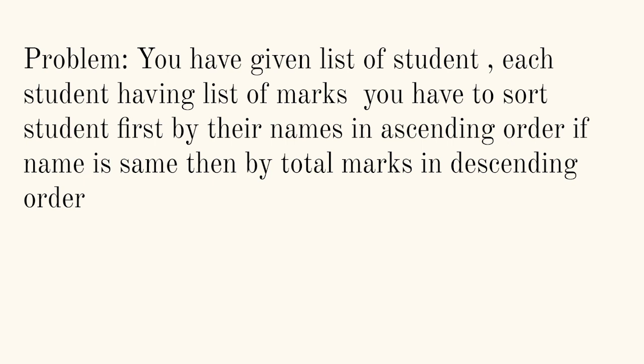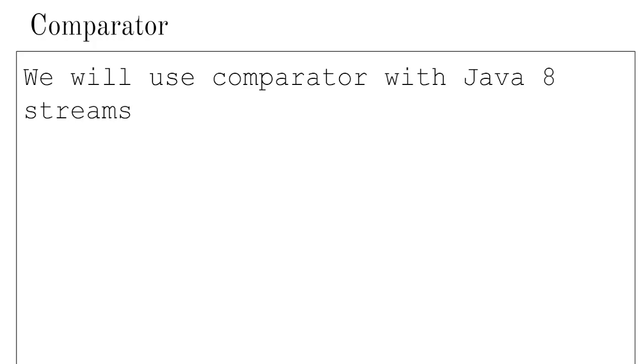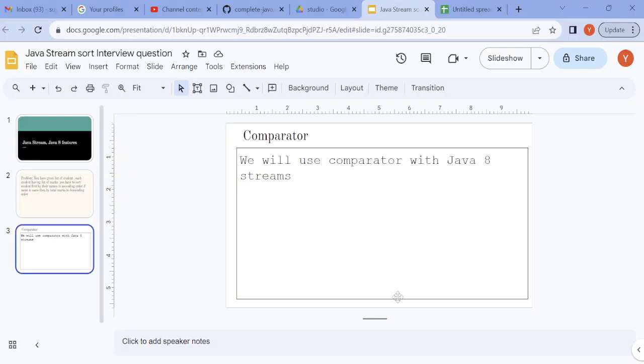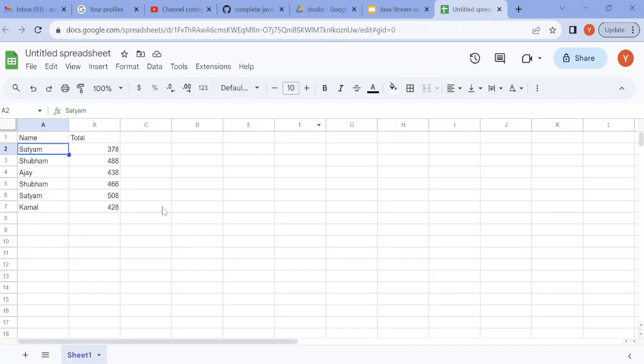You will be asked. बहुत कॉमन है sorting related प्रॉब्लम इंटरव्यू में। बहुत इंटरव्यू पूछते हैं, और इस एक प्रॉब्लम के अंदर हमने सारी कॉम्बिनेशंस कवर किए हैं। तो लेट्स understand this. How we will approach this is we will use the comparator with Java 8 streams. Okay, हम comparator use करेंगे Java 8 streams के साथ। एंड बहुत कॉमन प्रॉब्लम है sorting की।